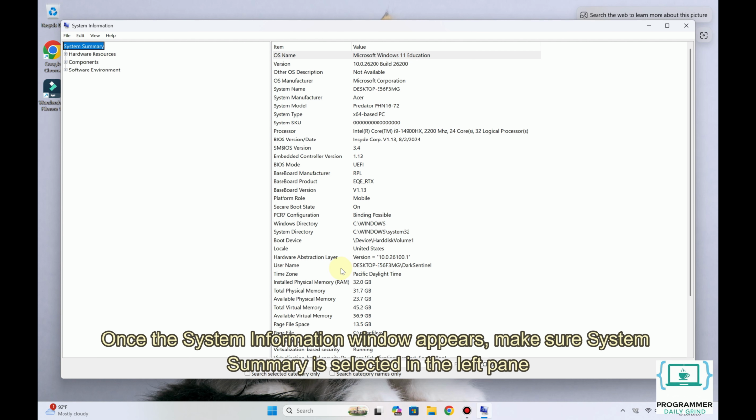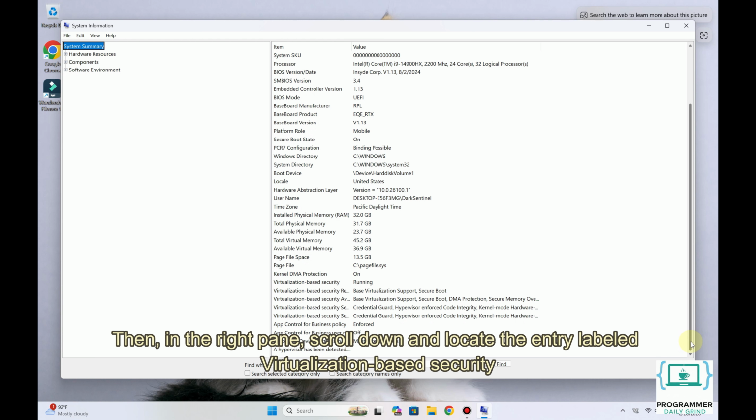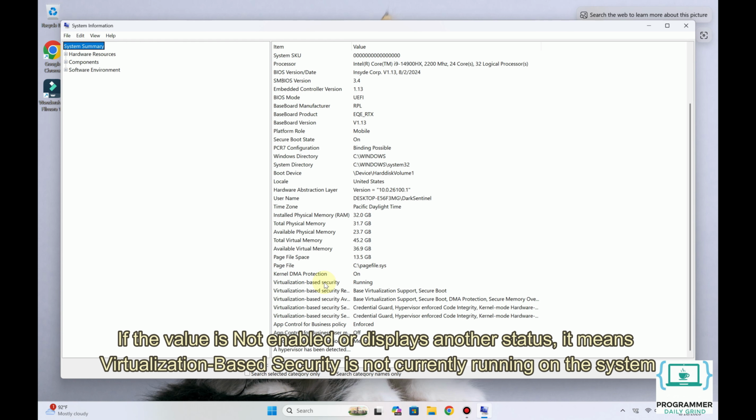Once the System Information window appears, make sure System Summary is selected in the left pane. Then, in the right pane, scroll down and locate the entry labeled Virtualization-Based Security. If the value is Running, it means virtualization-based security is currently running on the system. If the value is Not enabled or displays another status, it means virtualization-based security is not currently running on the